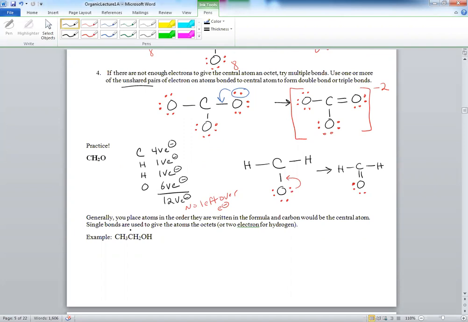But when we get to organic molecules and written in this formula, it's going to become like second nature. You will quickly understand what to do in this case. So here's a molecule that I'm asking you to draw. So here it says generally you place atoms in the order they are written in the formula, and carbon would be the central atom. Single bonds are used to give the atoms the octet, or 2 electrons for hydrogen. So when you look at this formula,